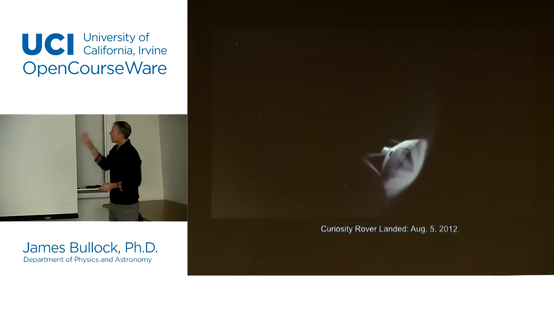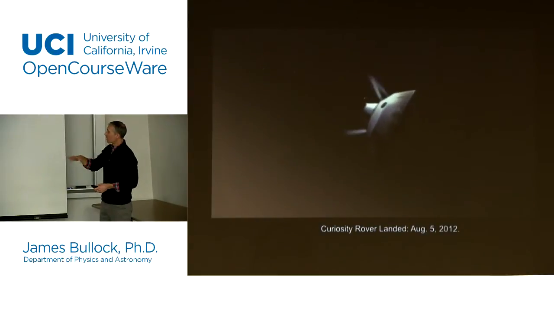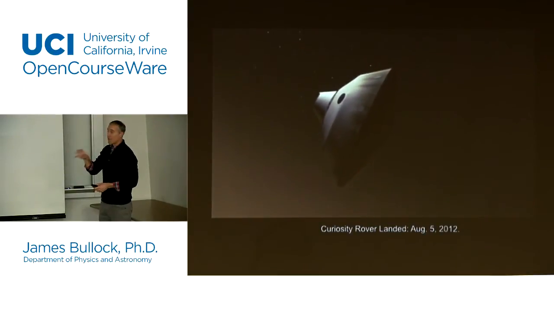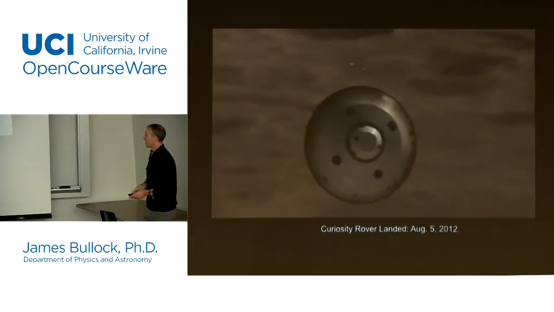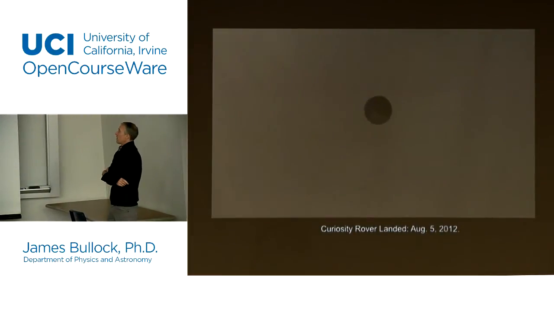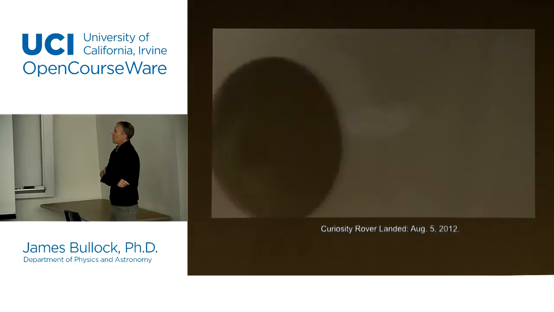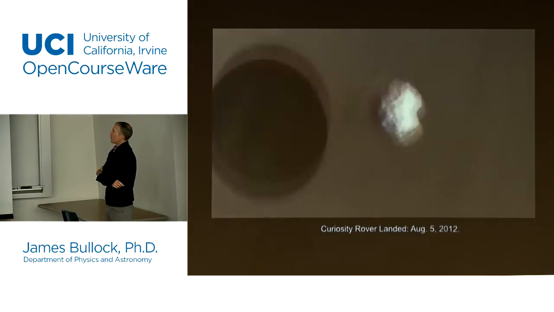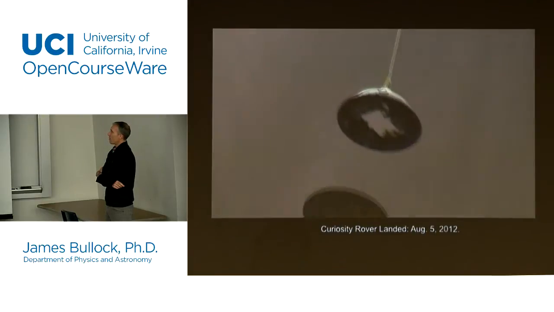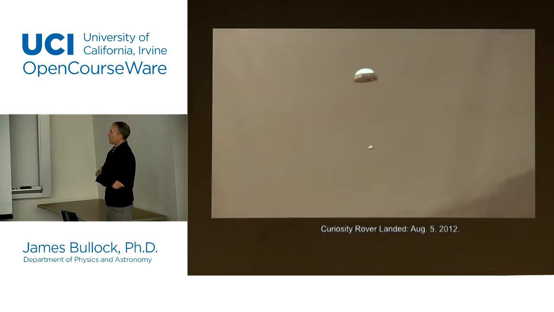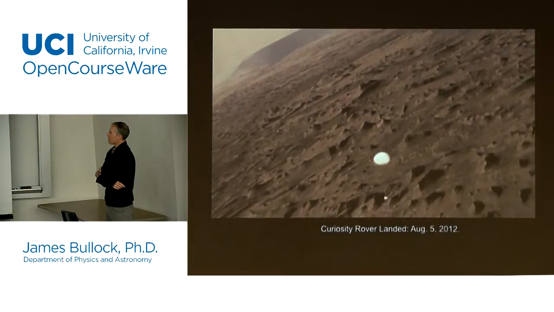So of course it's coming in, there's some atmospheric braking because there is a little bit of an atmosphere on Mars, but it's not that much, so it doesn't slow down that much, and so it has to have other ways of slowing it down. The first thing that happened is they throw out a parachute, which is the kind of thing you've probably seen before, and it slows it down some. But then that's the rover they're going to drop out of the thing.